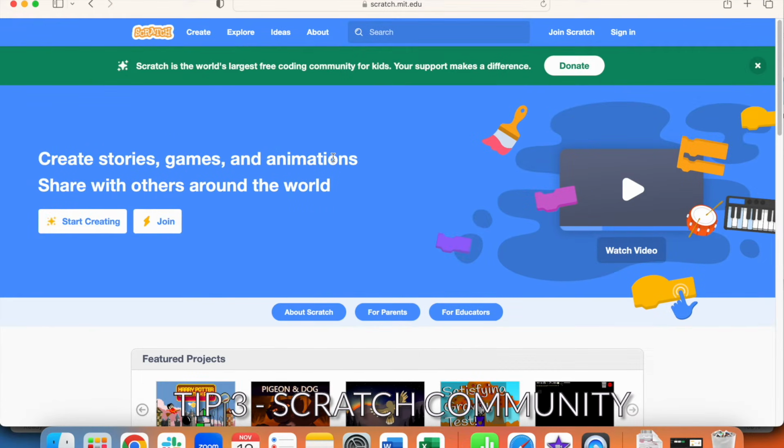All right, tip number 3 is the Scratch community. So Scratch makes it really easy for you to access and look at other projects that people have made so that you can see what other people are doing on Scratch and get some ideas for your own projects. So the way that you access this is you go to the Scratch website, scratch.mit.edu, and you press Explore right